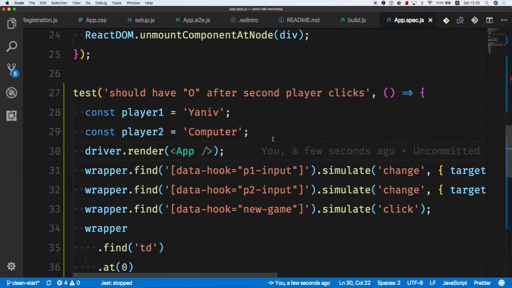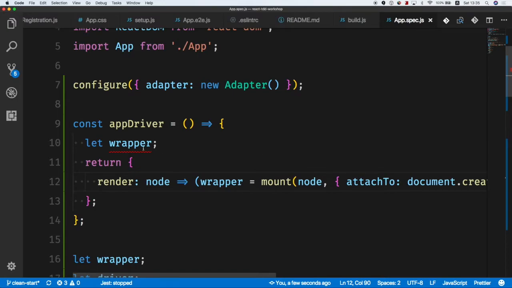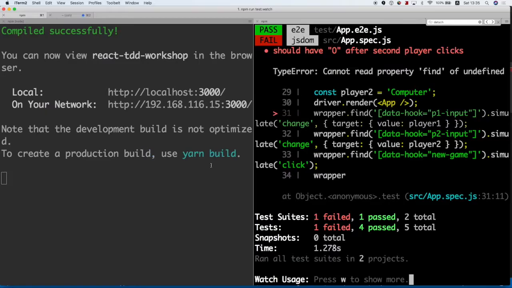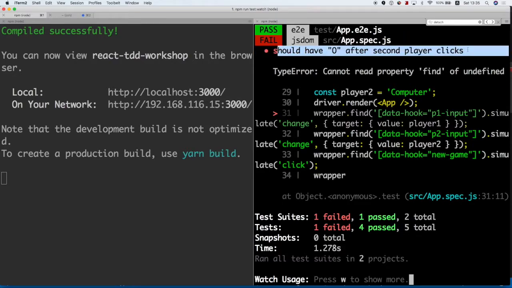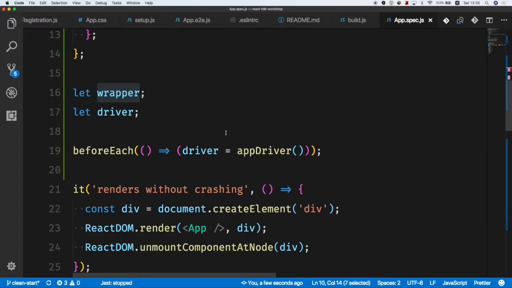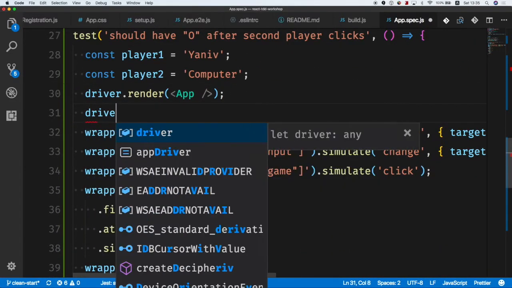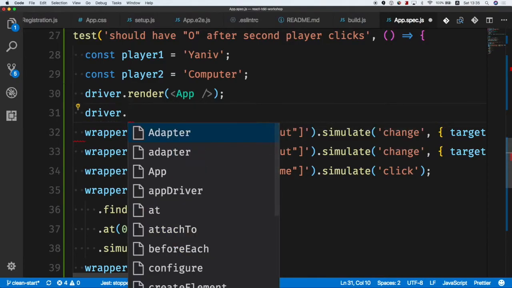I have a problem in my... okay. So it's still red, but for the right reason, because wait. You should move let wrapper outside. Yeah. No, it's okay. I will still use the driver dot new game